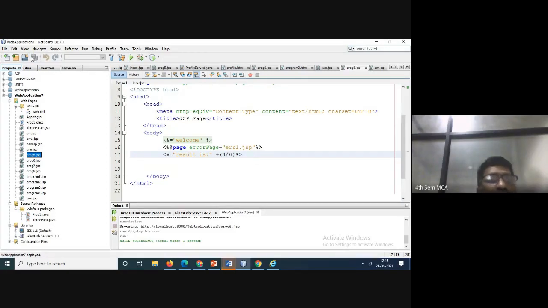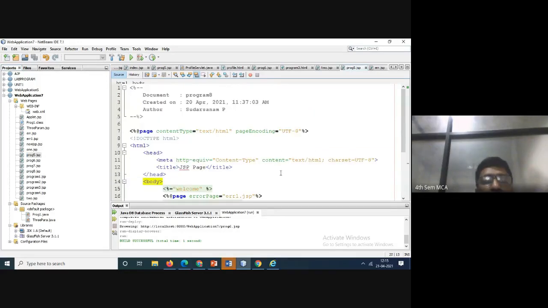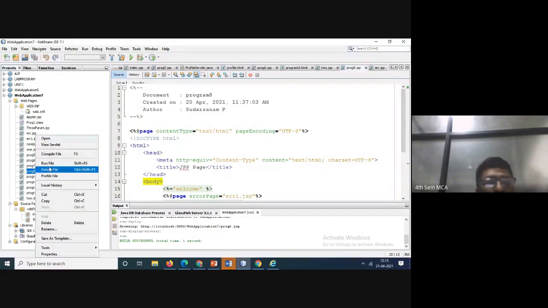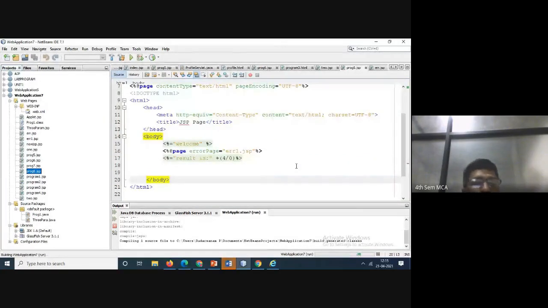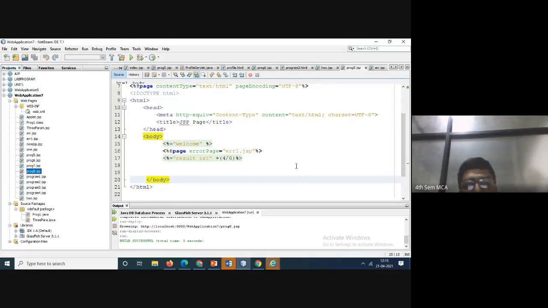Now I've removed the comment lines and we'll run the program now. Here it is taking more time, that is the problem.